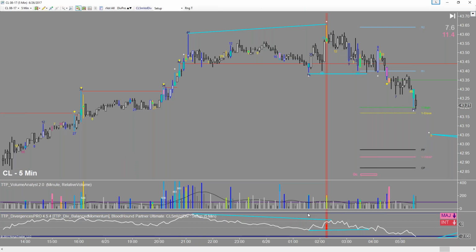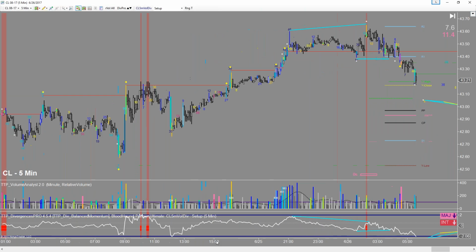So with this volume divergence signal, what you're looking for, for a short, is a big buying climax, very high volume, some kind of retracement in the opposite direction, which is essentially, in this case, a sign of weakness. So you get the big buying climax, sign of weakness, and then another push to a new high on much lower volume. So here you see decreasing relative volume,